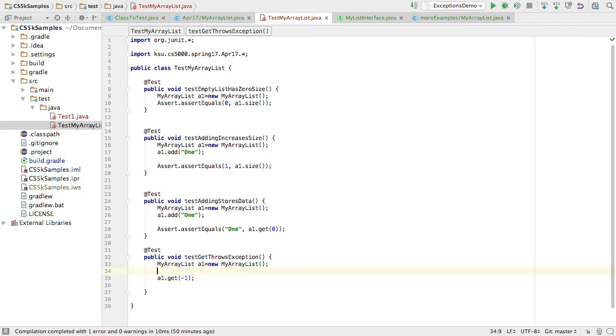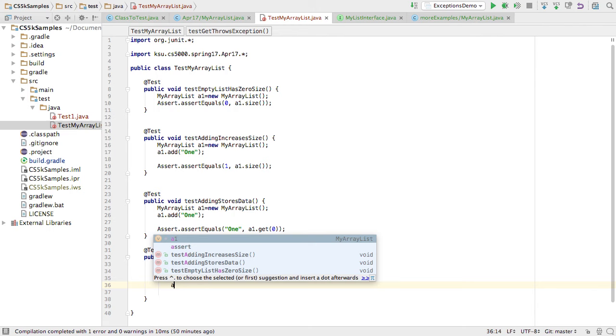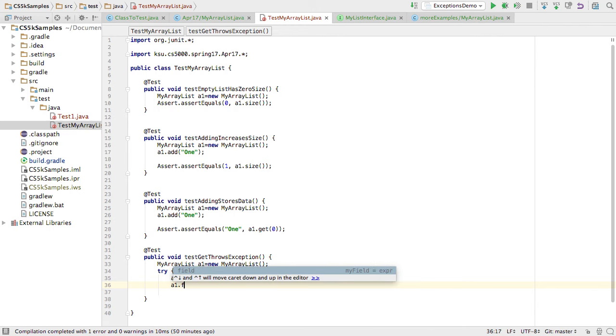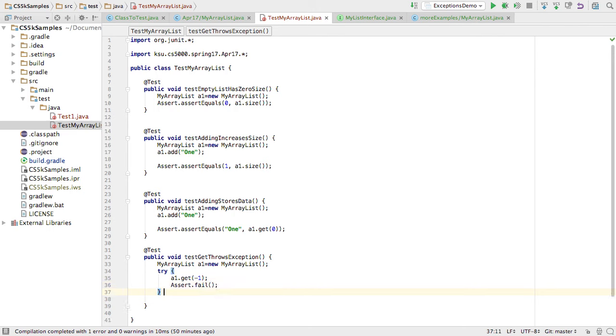So what can I do? Well, I can do try, do this, and then assert.fail. And then catch